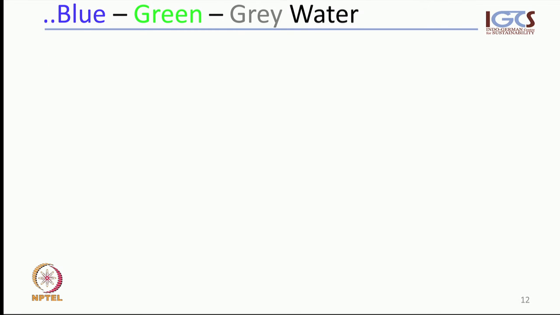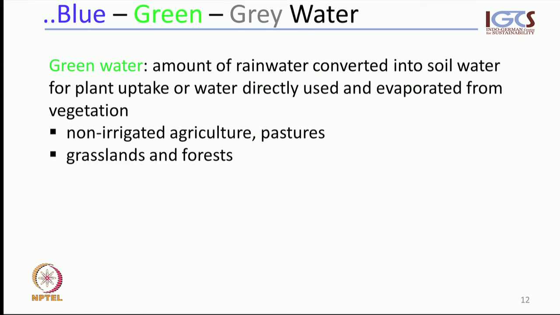Now, looking at the green water component, what is meant by green water is the amount of rainwater that is converted into soil water for plant uptake, or for water that is directly used and evaporated from the vegetation. So you see that this is not water that we can visibly catch or see. It is water that is bound in the soil and water that is taken built into